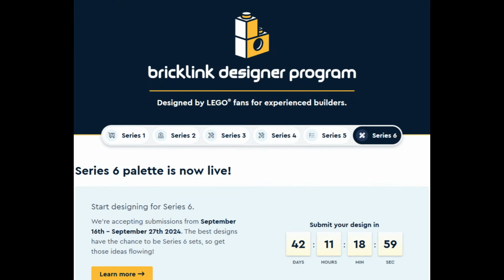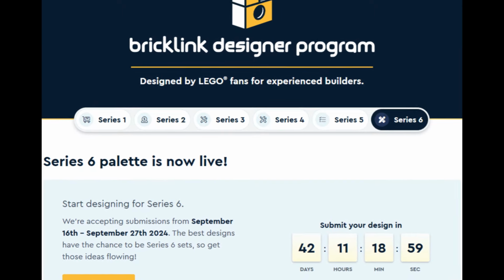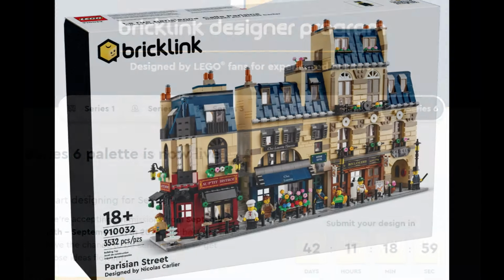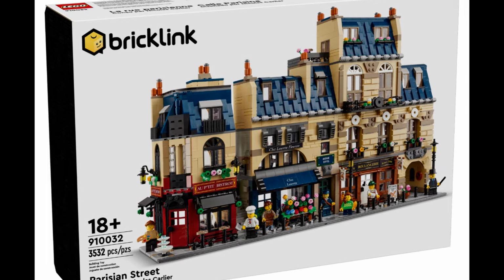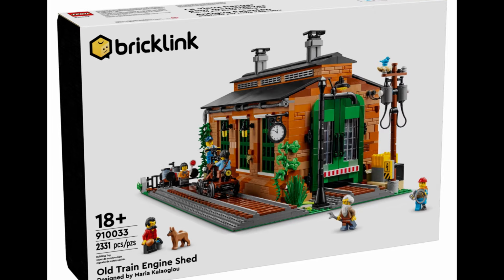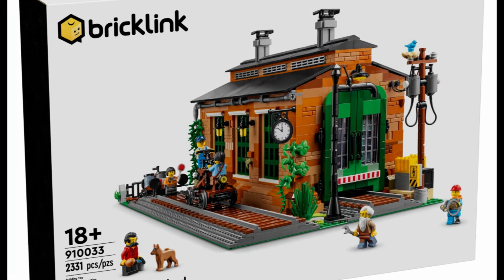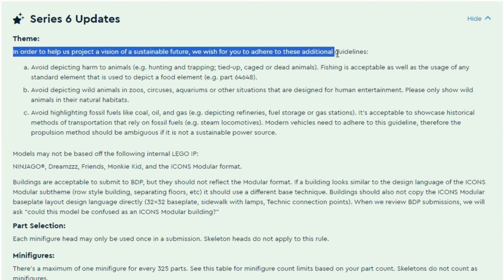This is for designs to be submitted in the September 16th to September 27th window for this year, and in my mind there are 2 really big changes to the programme, even though from what I've read so far, some people have only tended to focus in on the one big change and have somewhat overlooked the wider implications of the other. We'll get straight into it, and right off the bat, BrickLink/LEGO say at the top of these guideline